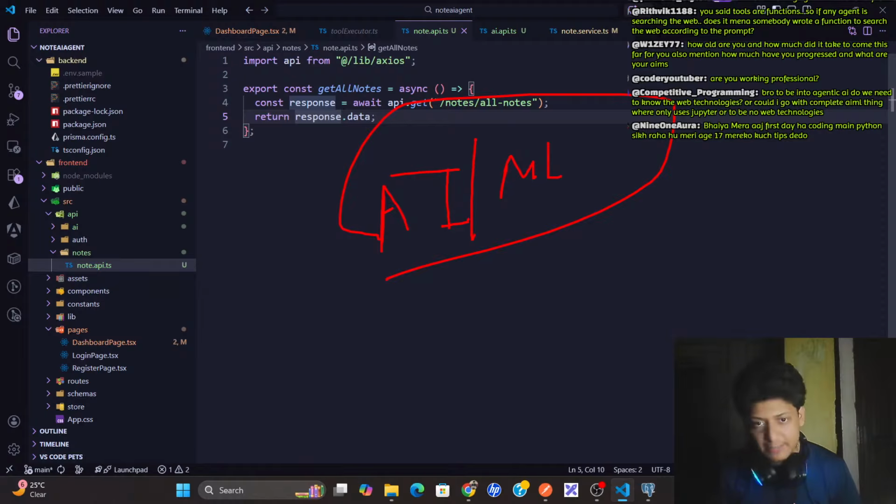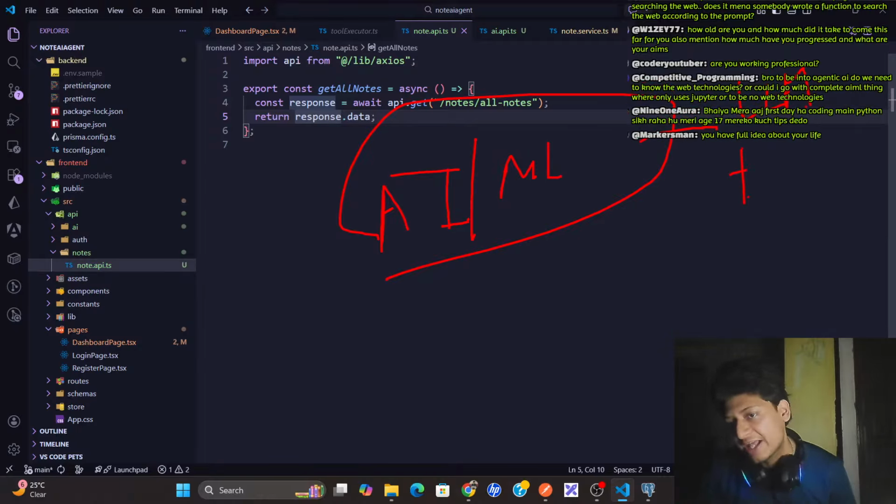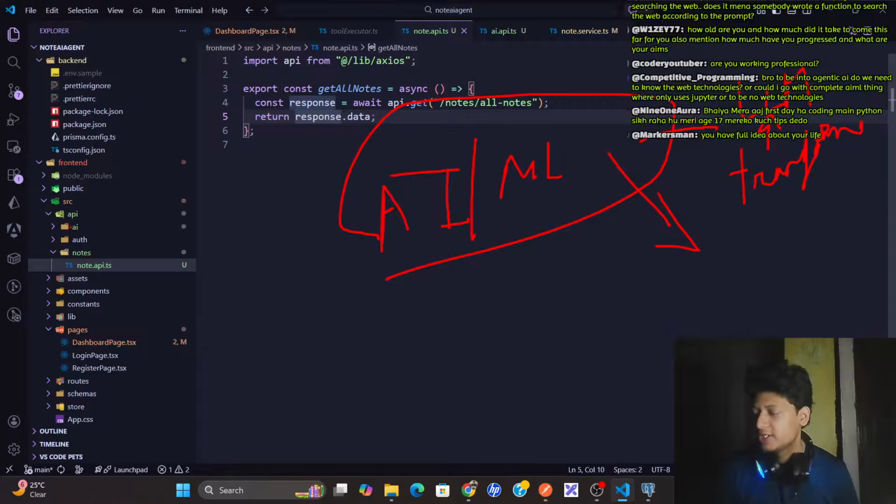ML engineers, deep learning engineers, PhD students of AIML who are deeply into AIML, they are trying to build AGI. So if you want to go into deep learning, your goal should be to build something new. Like, for example, LLMs came a few years ago, and before that, transformer architecture came, and transformer architecture gave birth to LLMs. So if you want to contribute to something that does not exist, then I will prefer you to go for deep learning engineer or ML engineer, or maybe transformer based learning, all those things.